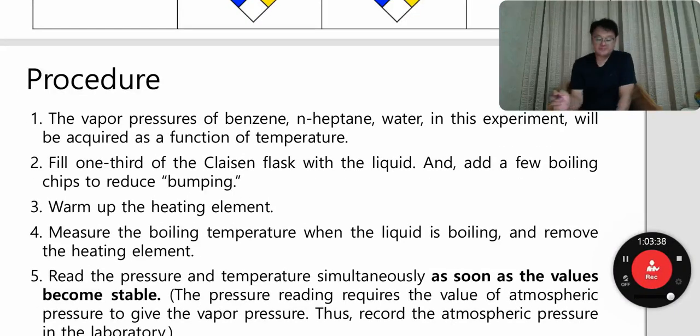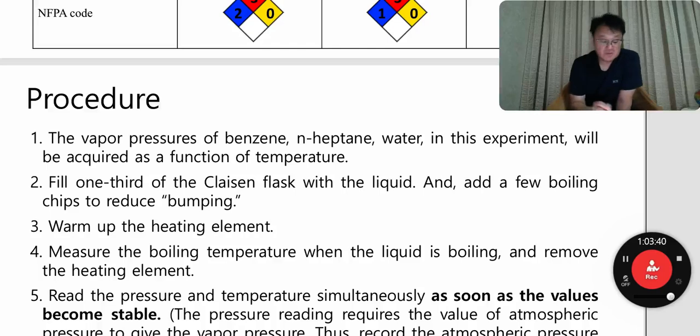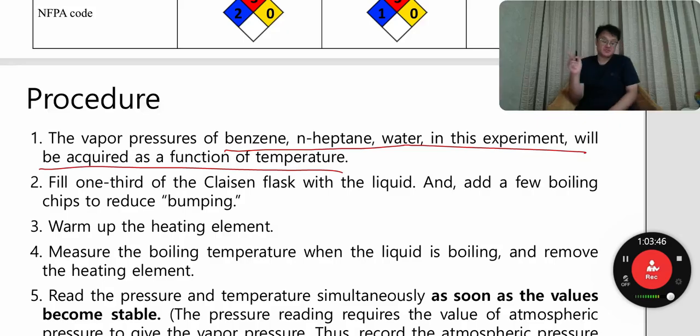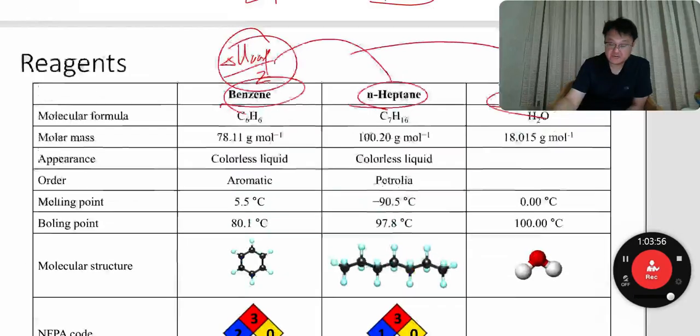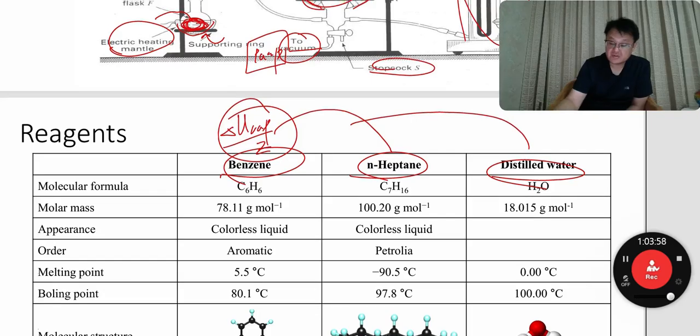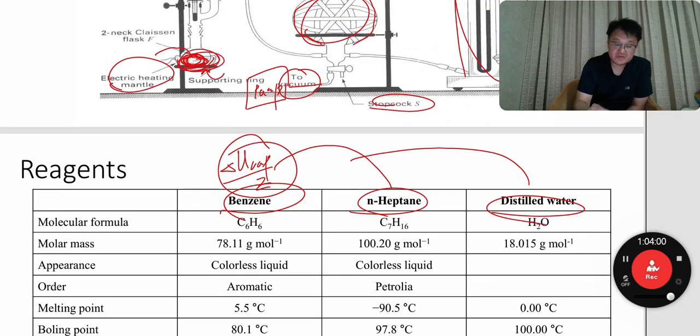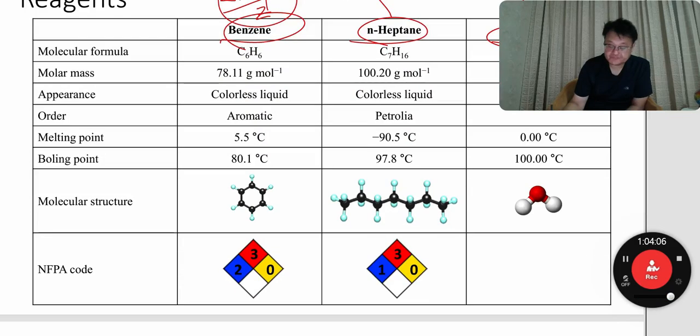Okay, procedure. The vapor pressures of benzene, heptane, and water in this experiment will be acquired as a function of temperature. Fill 1/3 of the Claisen flask with the liquid, either benzene, heptane, or water. This is a two-neck Claisen flask, so you fill liquid here first,